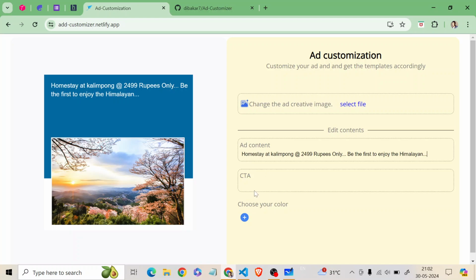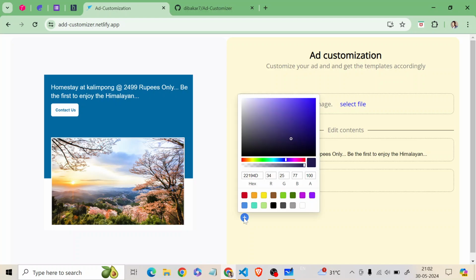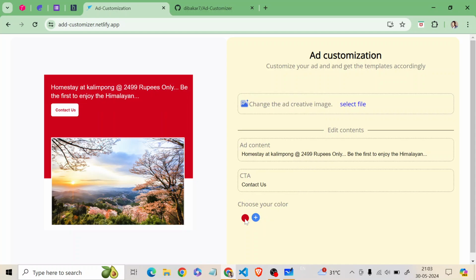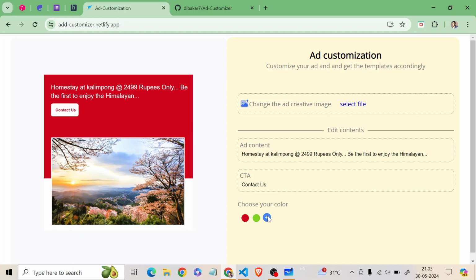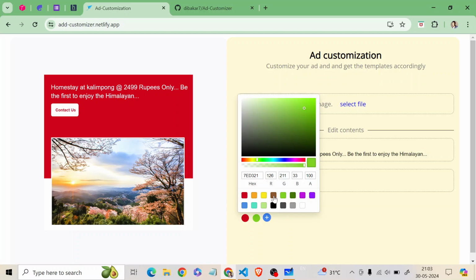Now let me add CTA. Let it be Contact us. By default, the background layer color is this, and we can change that. How? Let me add a color first of all. Now let it be red. Now add four more colors here. So green, then this color